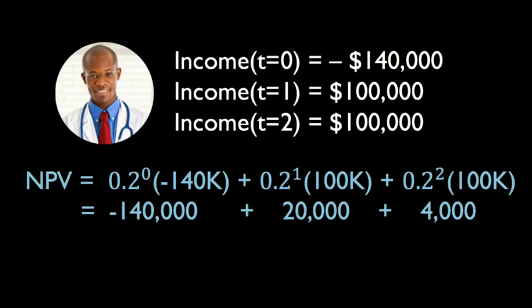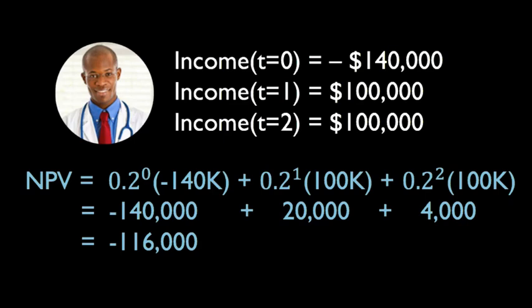Again, pause and think about this. In the last period of this guy's life, he's actually making a full $100,000. But when he looks down the path of his life, that last period is like super far away. So those $100,000 are just so distant that the guy really doesn't care a whole lot about them. So that last $100,000 paycheck, right now, he really only values it at about $4,000. So you add up all the values, and this person's net present value, if he becomes a doctor, is going to be negative $116,000.